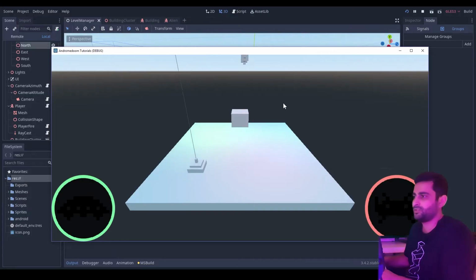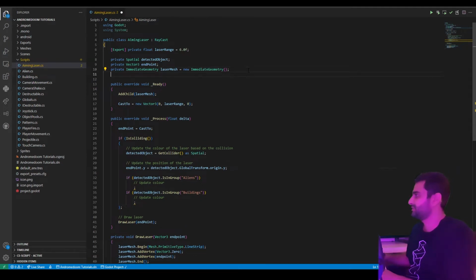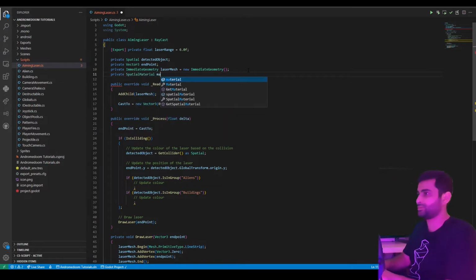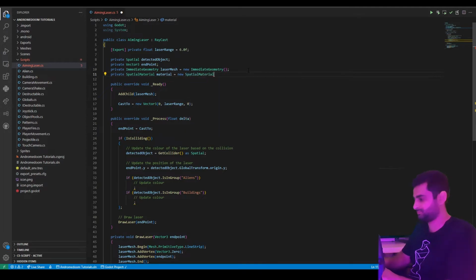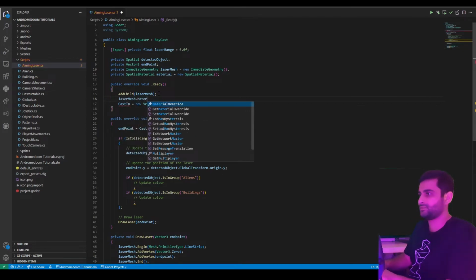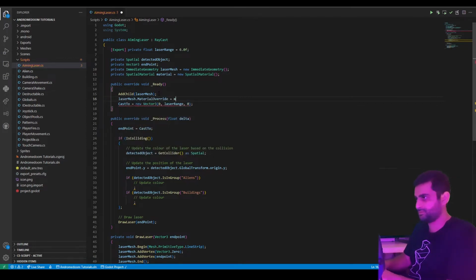Oh, indeed it is visible, but it is gray. So we need to override this material. Okay, so in script, let's create a new spatial material. Spatial material. And we'll just call this material. And we'll initialize it. And in the ready function, we'll override the material